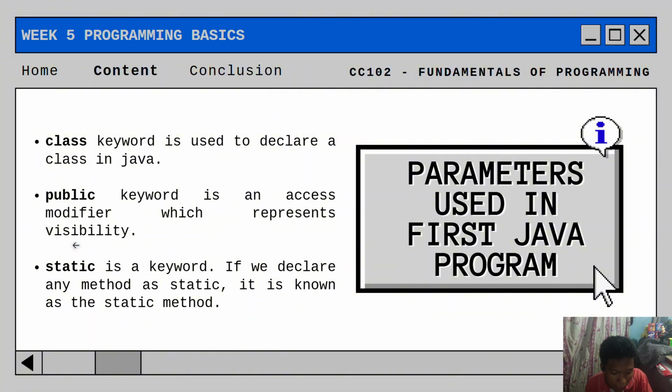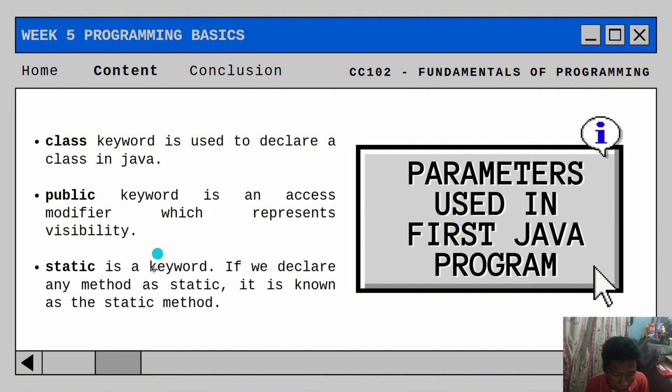First is class. This keyword is used to declare a class in Java. Then the public keyword is an access modifier which represents visibility. This is an access modifier that defines the visibility of a class or method. When something is public, it means it can be accessed from anywhere.